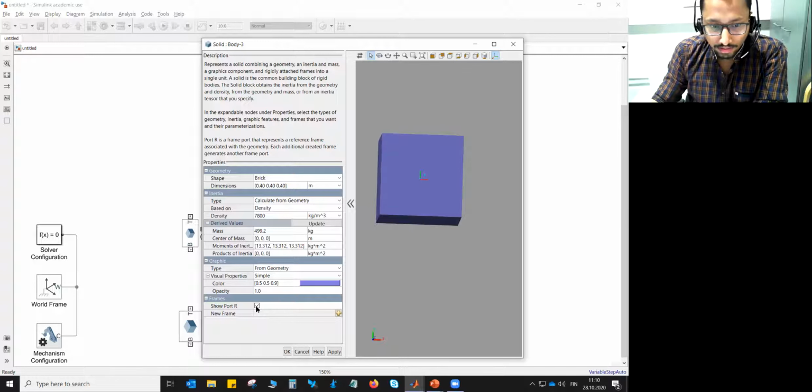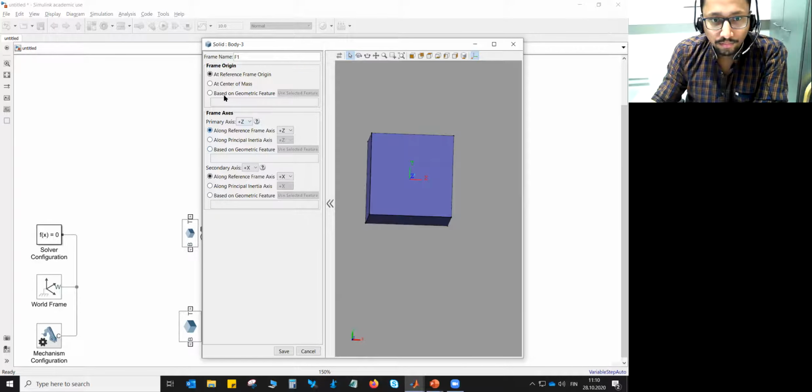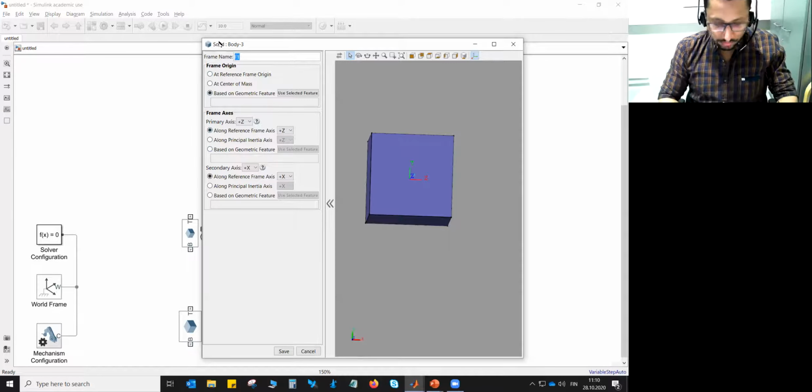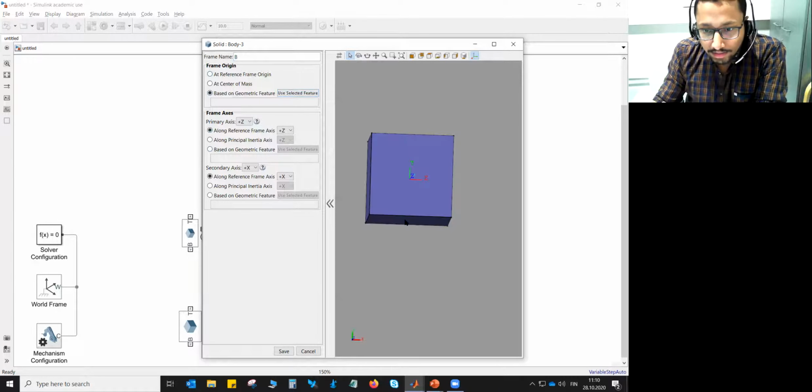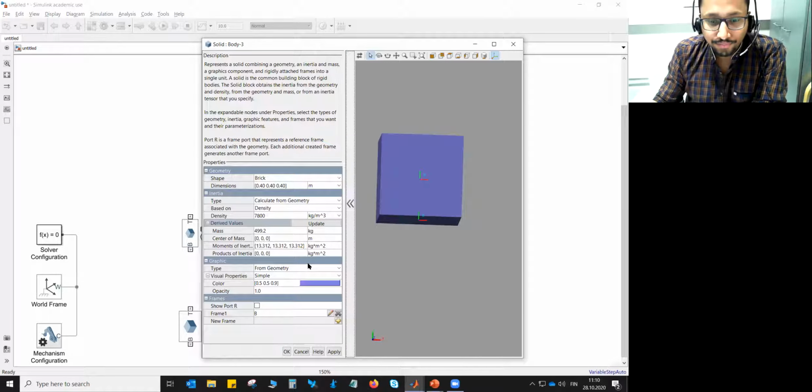So let's make this port R invisible and define a new frame based on geometry. Let's say it's the bottom, and this is that surface. So use selected feature. Centroid of minus y surface is what we want to select, and then press save.